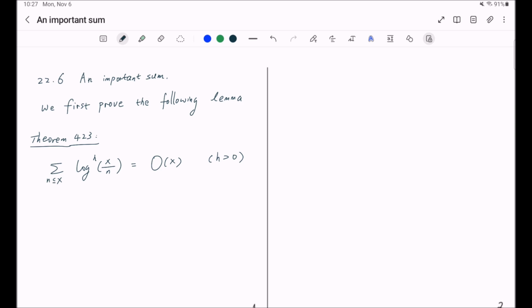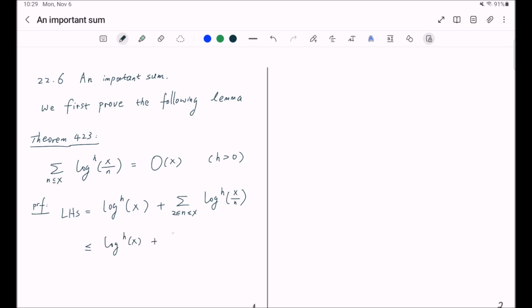And now let's prove this. First, let us separate the left-hand side into two parts. We'll single out the term when n is equal to 1, and we take the sum of the rest. And now, we'll get the upper bound of this guy by an integral. We keep the first term,